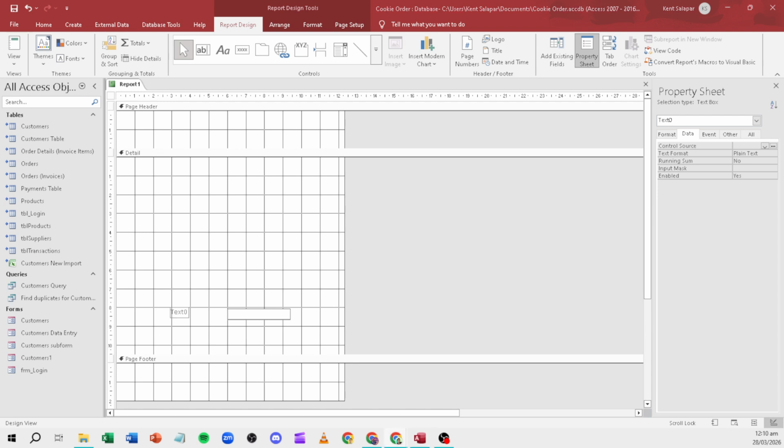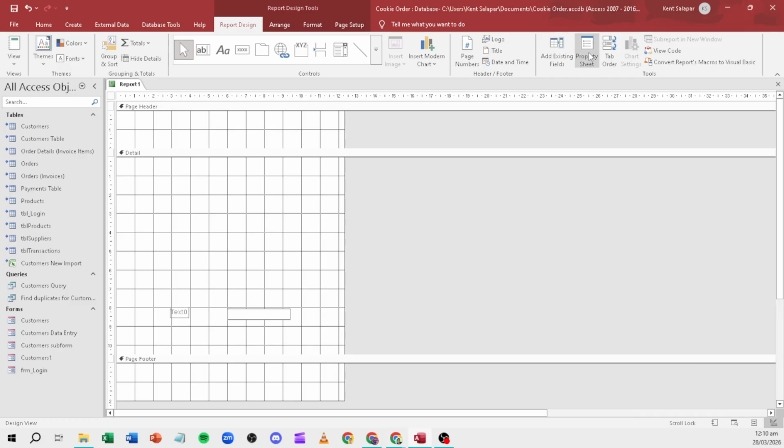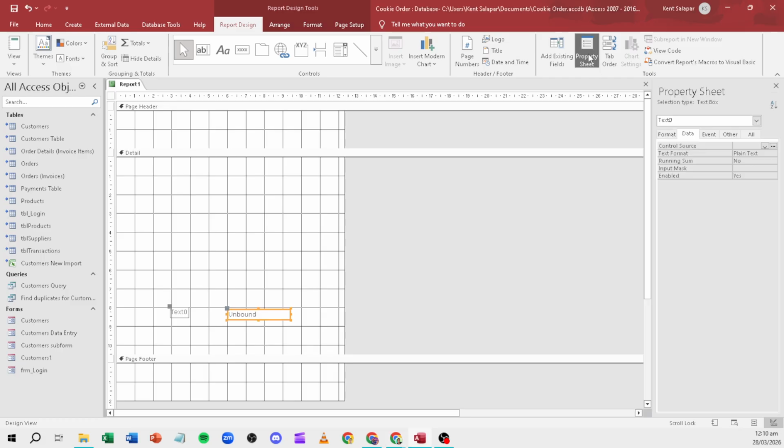Next, open the property sheet for the text box by pressing F4 if it's not already visible. In the Data tab, confirm your expression appears in Control Source and give the control a meaningful name so it's easy to reference later. If you prefer assistance building it, the Expression Builder can help you insert fields and functions without typos. Now go to the Format tab to make the result display correctly.